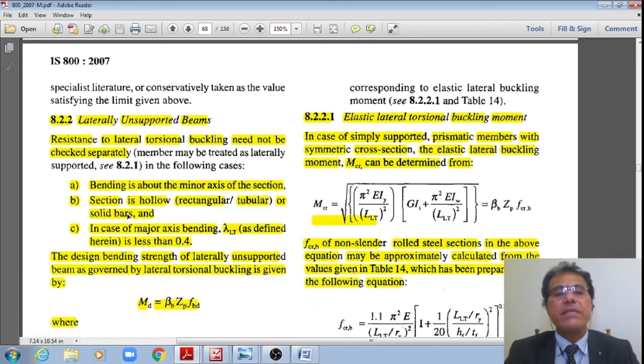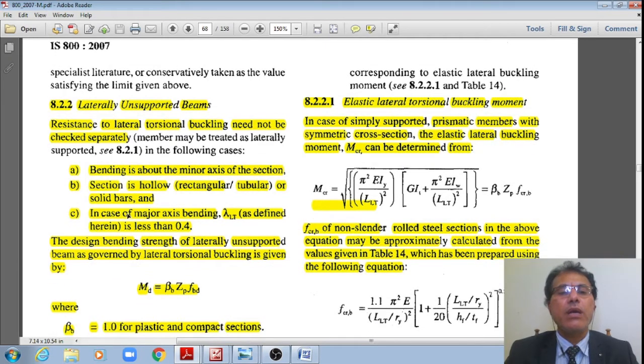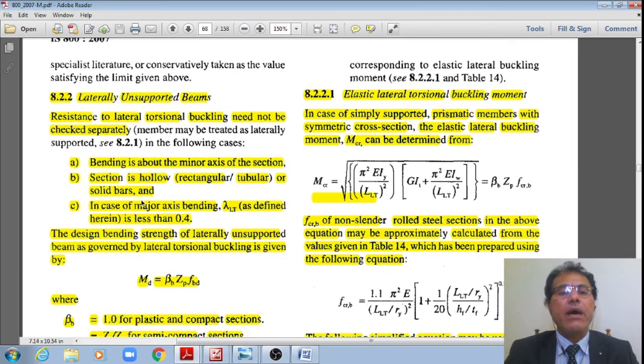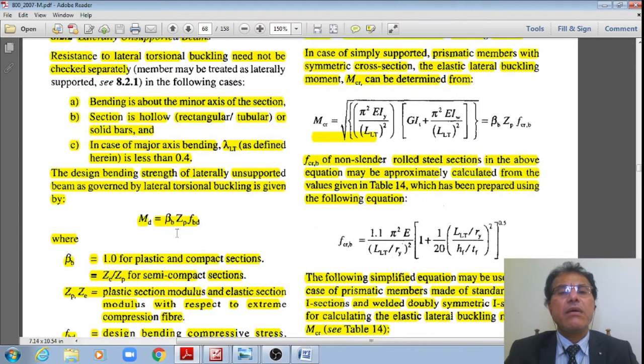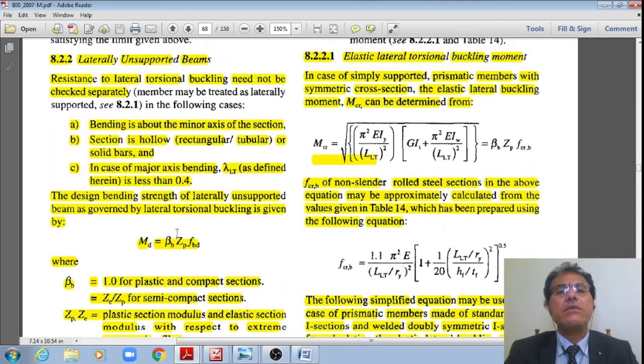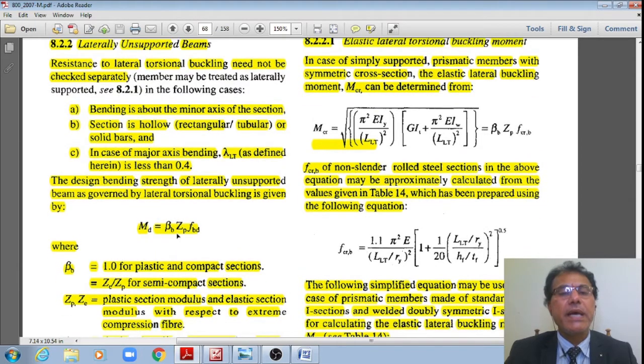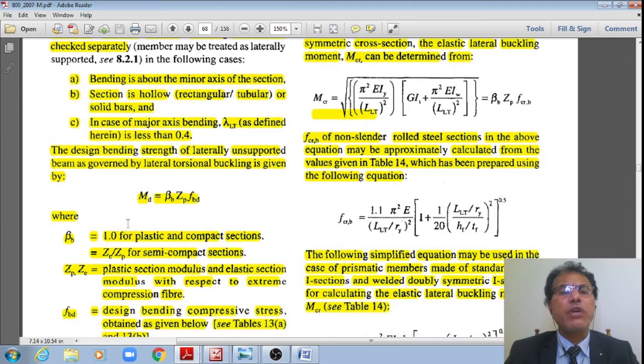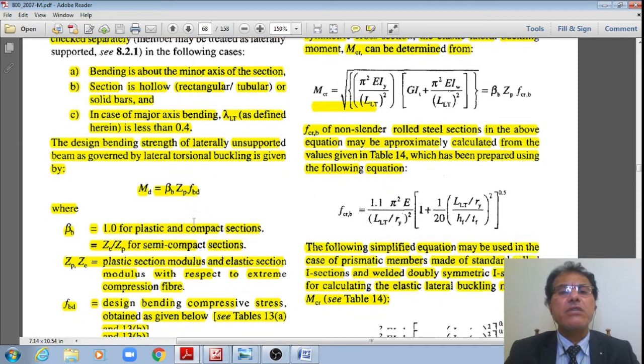The second one, section is hollow, rectangular, or tubular, or solid bars, right? And in case of major axis bending, then lambda LT is less than 0.4. Lambda LT is less than 0.4. Then this lateral torsional buckling check need not be done. However, the design bending strength of laterally unsupported beams is governed by the lateral torsional buckling